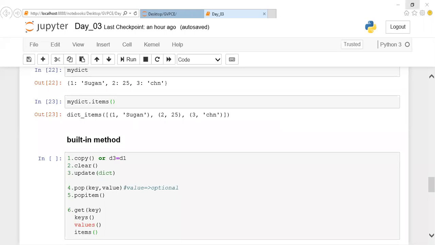Okay, what is the question? Items means both key and value.